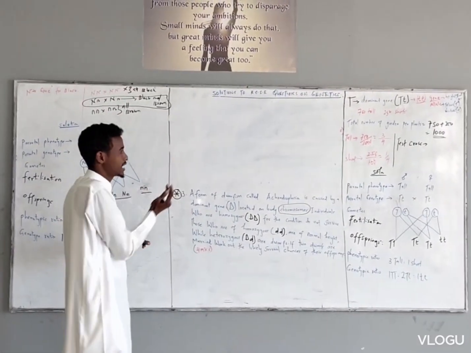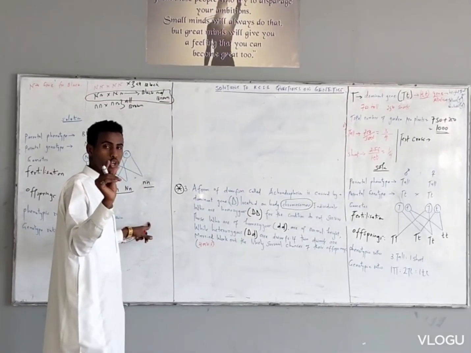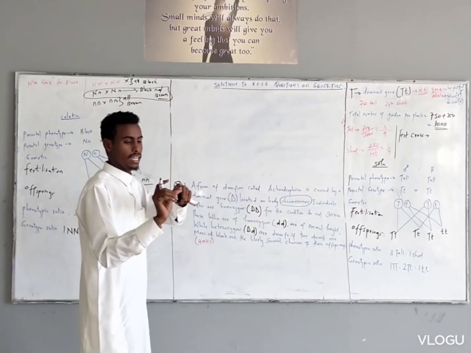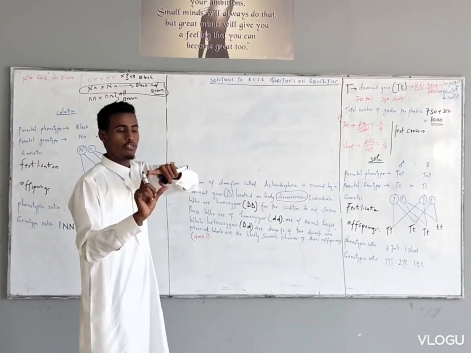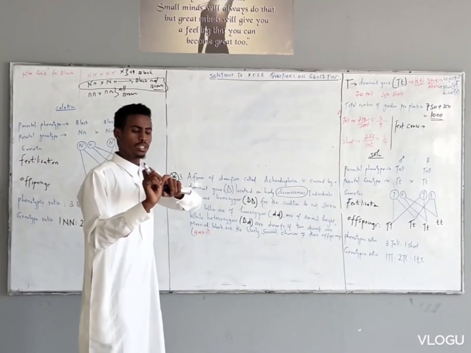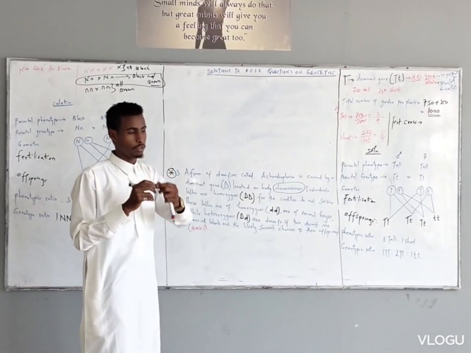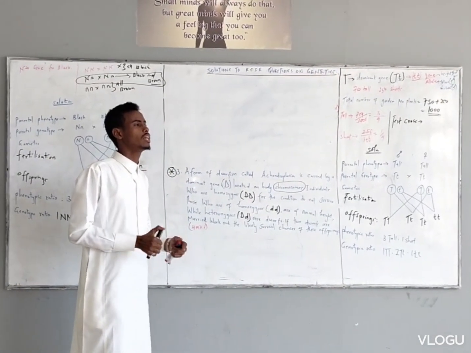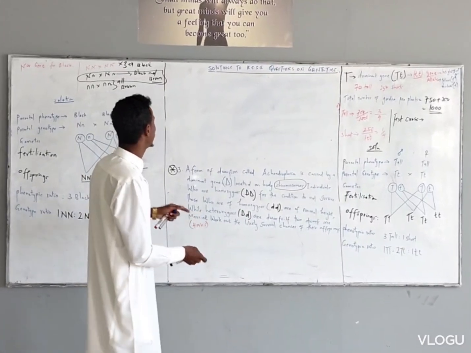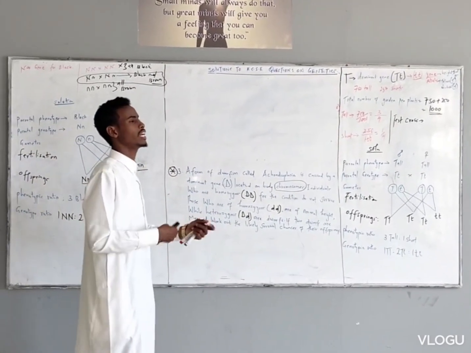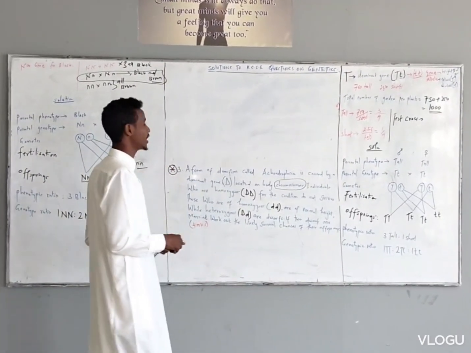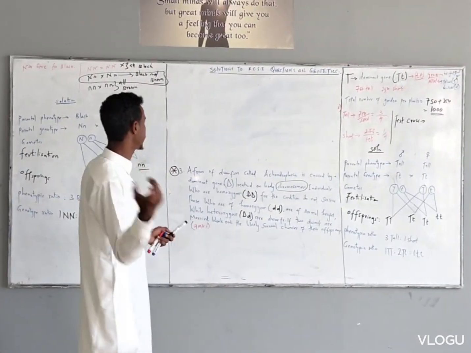Because during fusion of these gametes, they involve fusion of two different sexes, the sperm from the male and the ovum from the female. The 23 chromosomes from the sperm fuse with the 23 from the female. There is a concept of fusion, or rather the exchange of nuclear material. Therefore, there will be a variation.